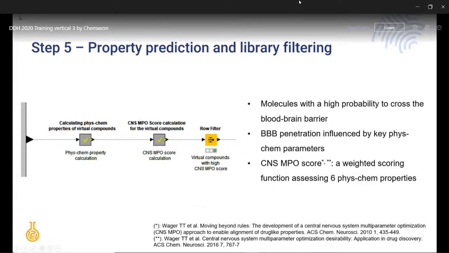A typical way to do that is to use the predicted physicochemical properties to filter these generated virtual compounds. So our goal here is to find virtual molecules which have a high chance to cross the blood-brain barrier in order to get access to the dopamine D2 receptor, which is our selected target. And the ability of a molecule to cross the blood-brain barrier is influenced heavily by some key